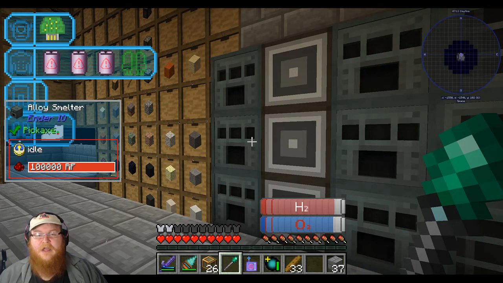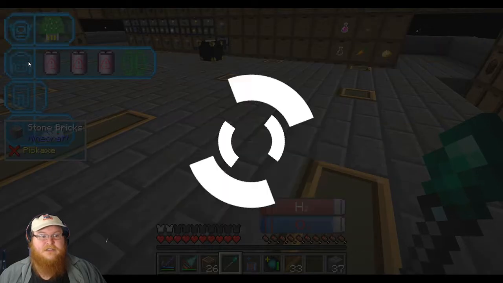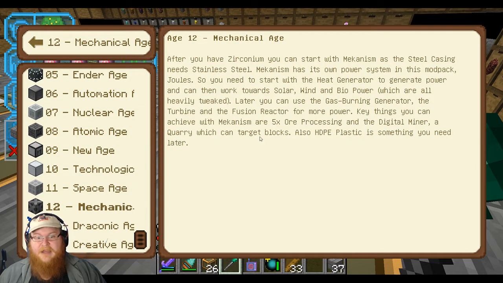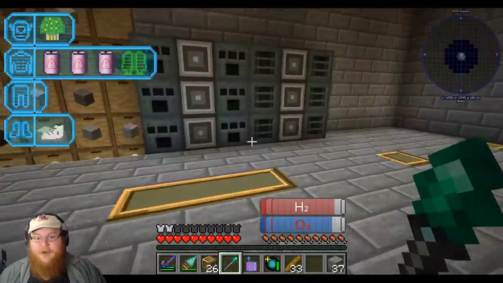going to go into the 3 times ore processing and 5 times ore processing, as according to the book here in the mechanical age, because I want to get this mechanisms 5 times ore processing, and I'll go through the whole process of how to do that. We'll get all the building stuff together, probably build all that stuff, no problem. But I do need to get this set up to where it will start